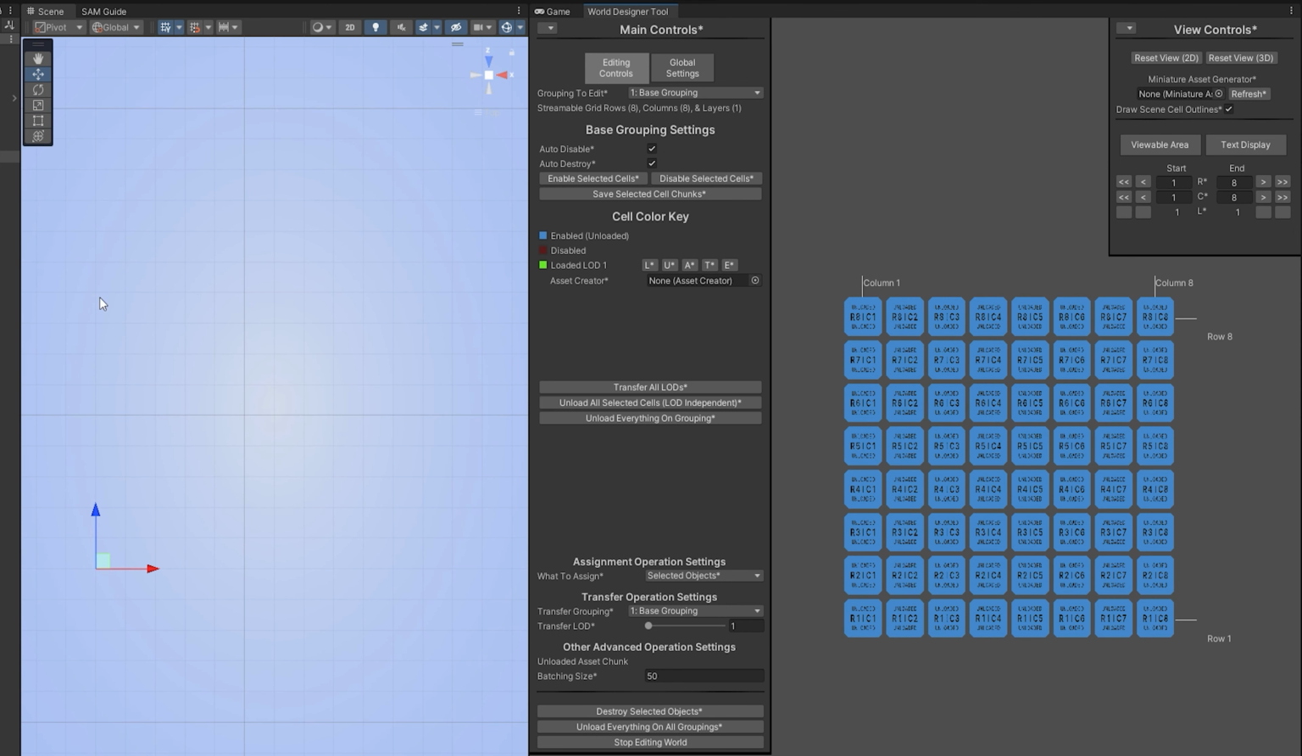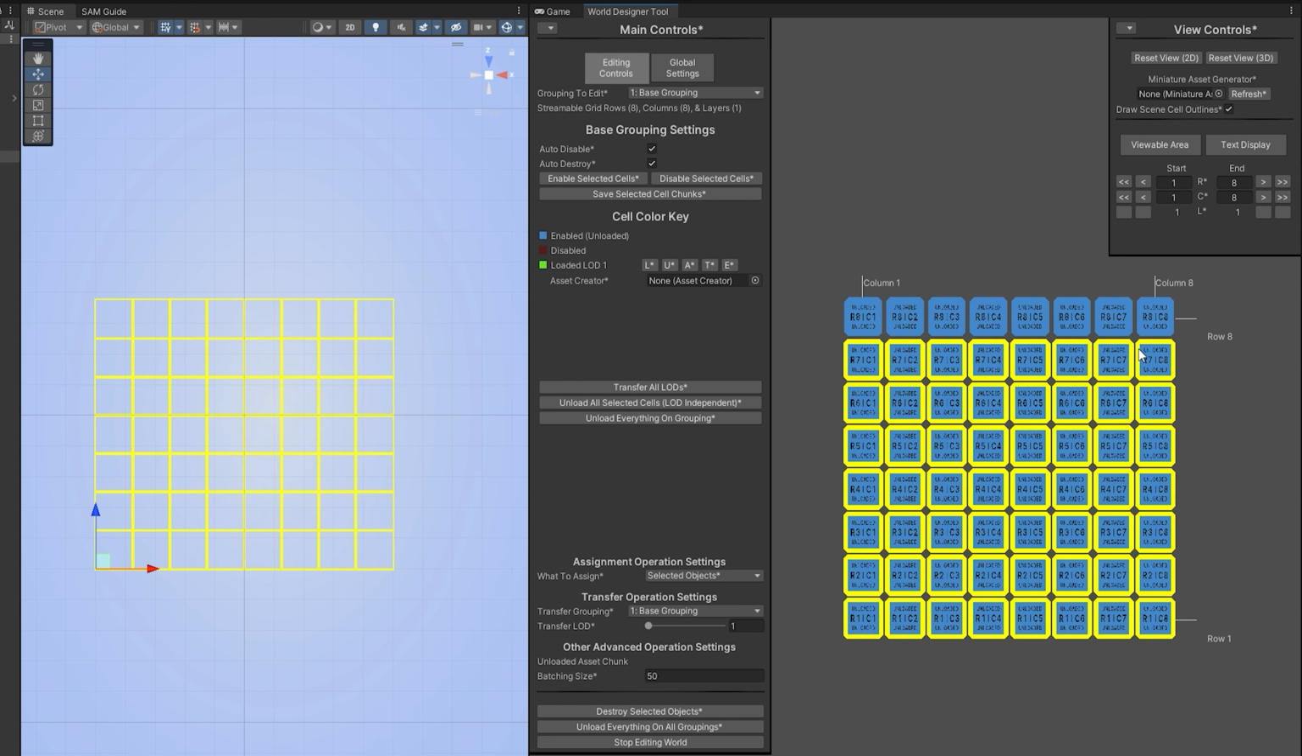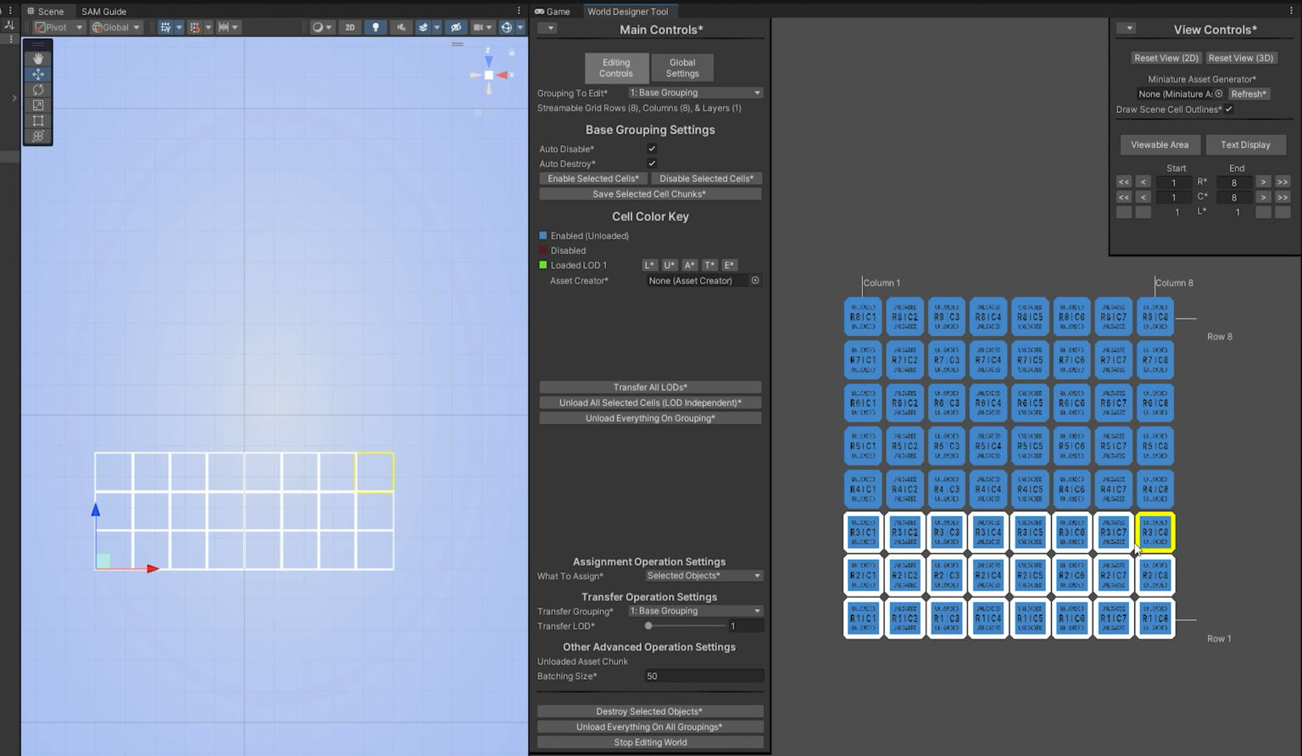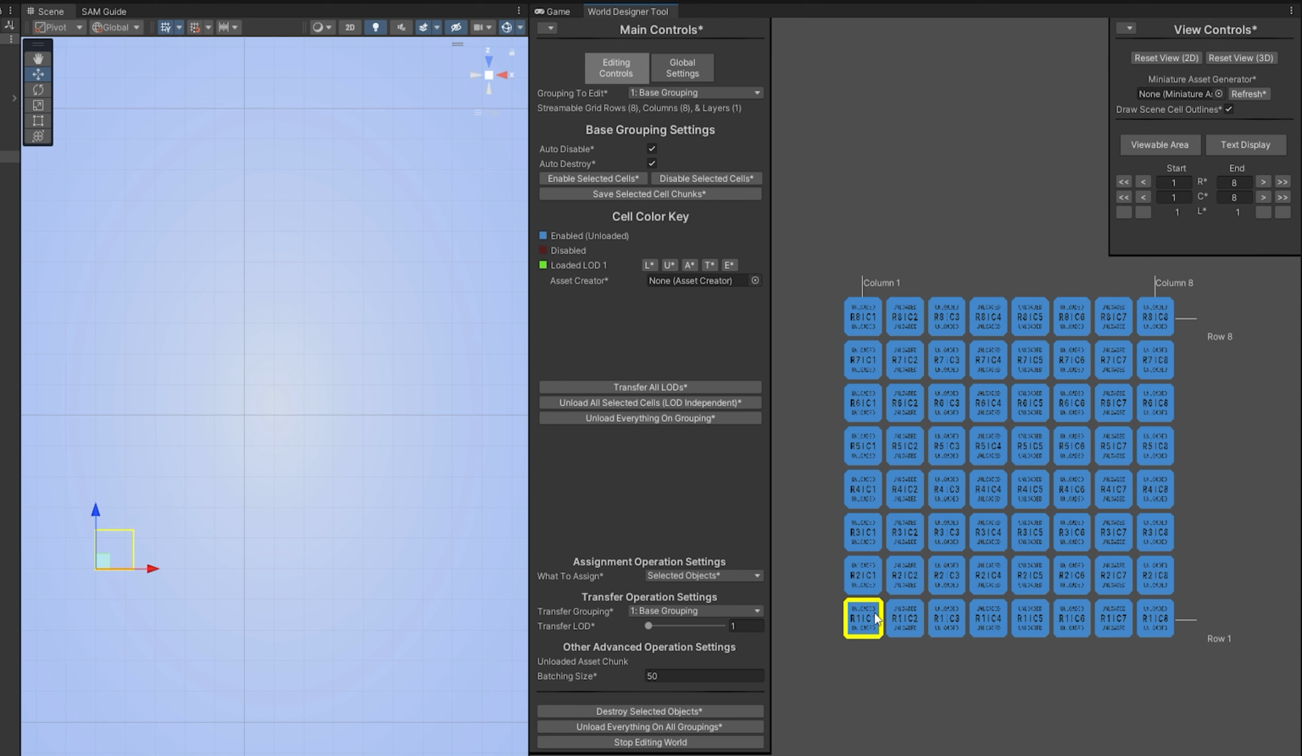I can choose to load all cells, or just a small subset. For this example, I'll just load a subset of cells near my player's current location at 000. Remember, however, that in this example scene, I have set the origin of my world to -500 on both the X and Z axes. Therefore, if I select cell 11, I can see that its position is not close to